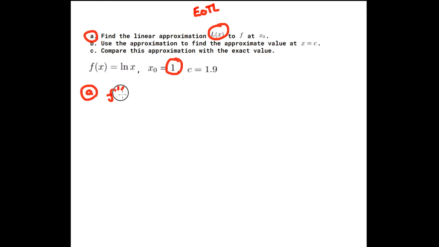First thing I need to do is find the derivative, just 1 over x, okay? And then I need to find the derivative at 1 because that's my slope at that point 1. So it's going to be equal to 1 over 1, which is equal to 1. This means that our equation of a tangent line is going to be y equals x plus b. We need the x to solve for b, so it's going to be 1 plus b is equal to, now